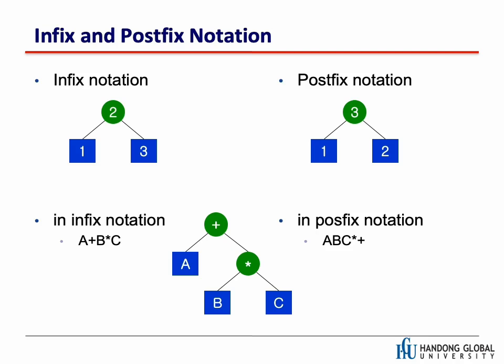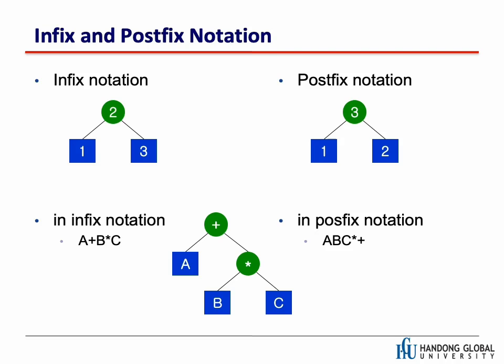So we have A and B and C in the leaf nodes, and then we have a plus and star. Okay, then if we read this tree in the infix notations, then it is A plus B times C. And then if we read this tree in the postfix notations, then it is A, B, C, star and plus,